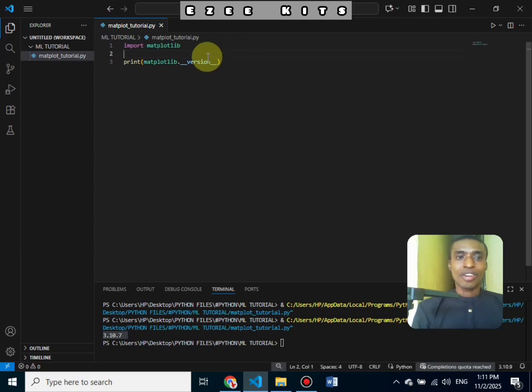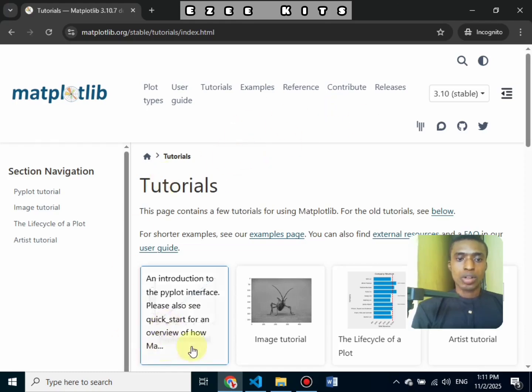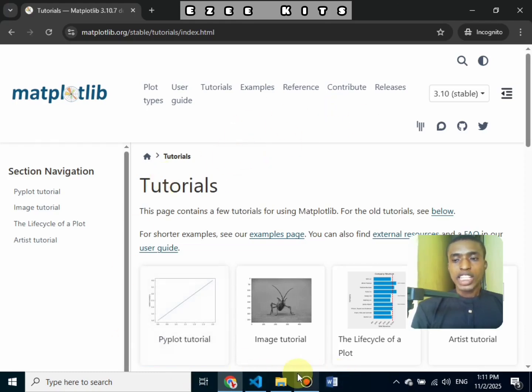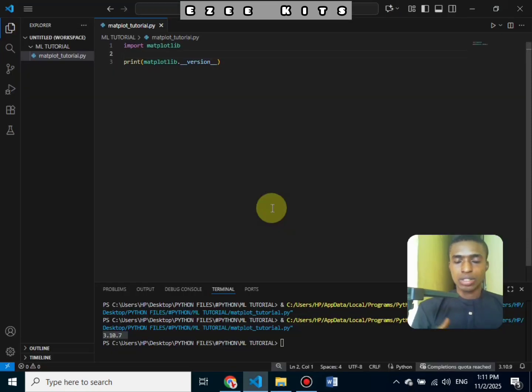Remember, when I talked about Matplotlib, I came in contact with Pyplot. This Pyplot is more like a submodule inside of Matplotlib that helps with the rendering of the graphs itself. To make use of it, because that's basically how it is used most of the time,